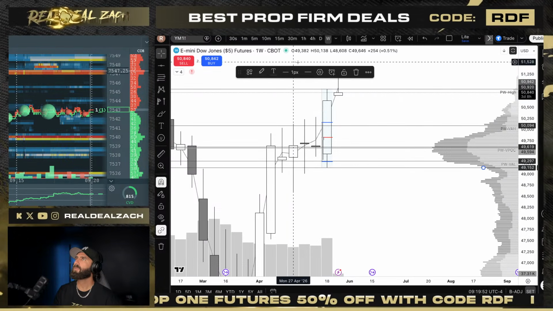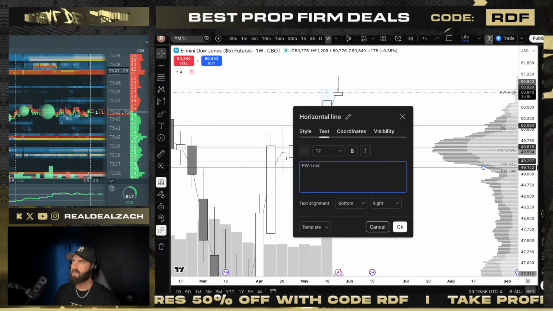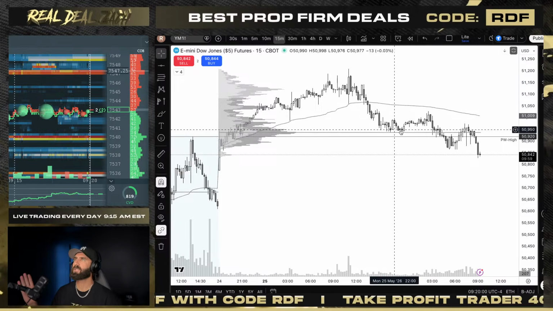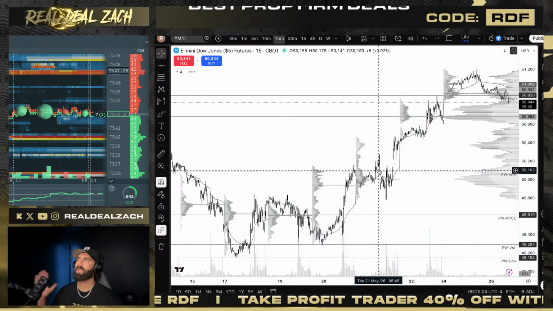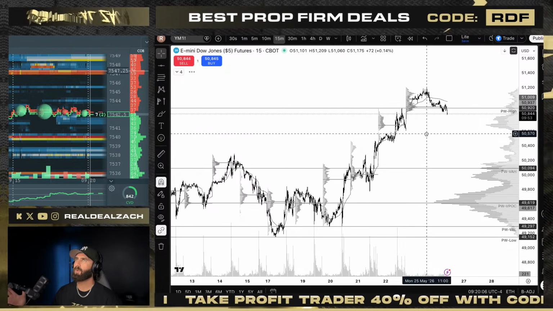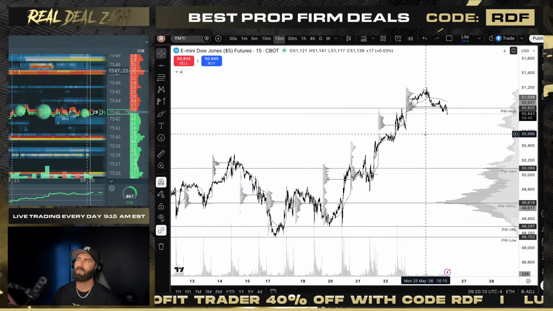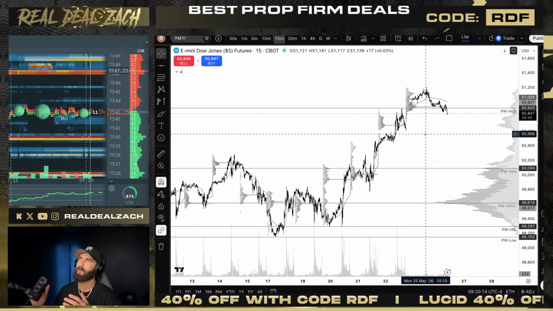All right, we got some objective levels on the chart, okay? Obviously, these are much higher time frame levels. We're taking the entire week into consideration here, but I like that. And I think this is something that you guys can take right to your chart. You don't have to ask me where prior week's high, prior week's low, value area high, value area low is. It's not my opinion. These are objective levels. You can find them the exact same way that I just found them on my chart.